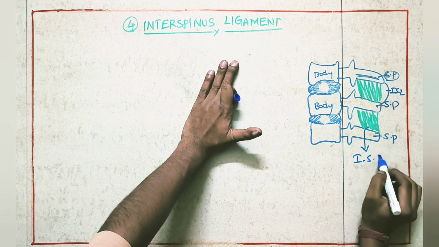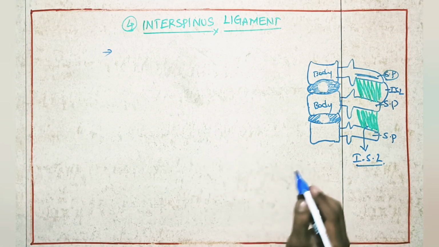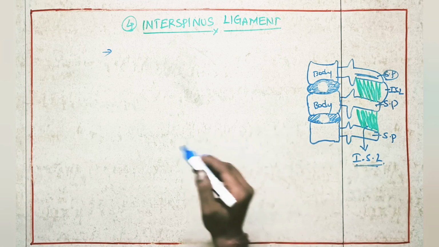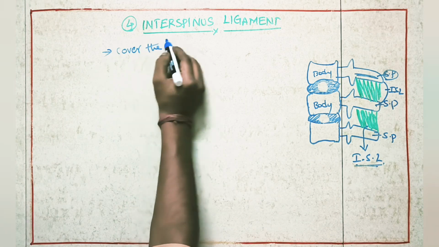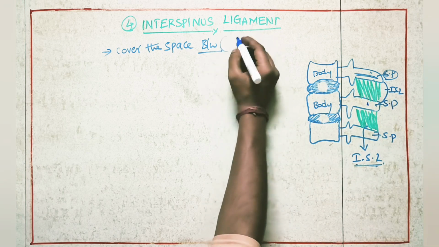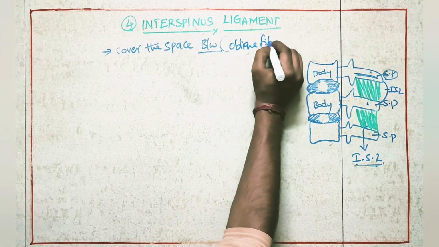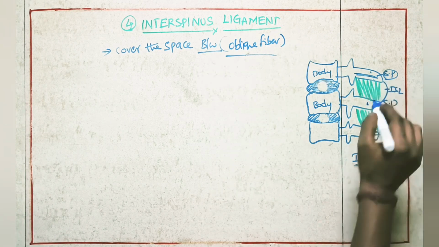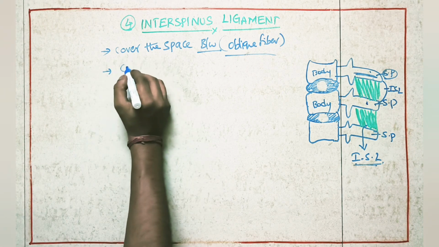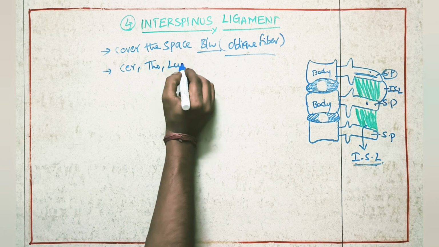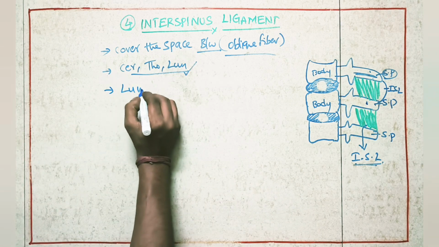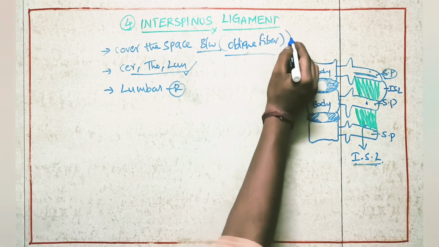Okay? Interspinous ligament. Here, first point. This interspinous ligament is going to cover the space between two spinous processes through the oblique fibers. See, here it will be oblique in nature. Next point, it is going to be present over the cervical, thoracic and lumbar regions, and particularly at the lumbar region, this interspinous ligament is